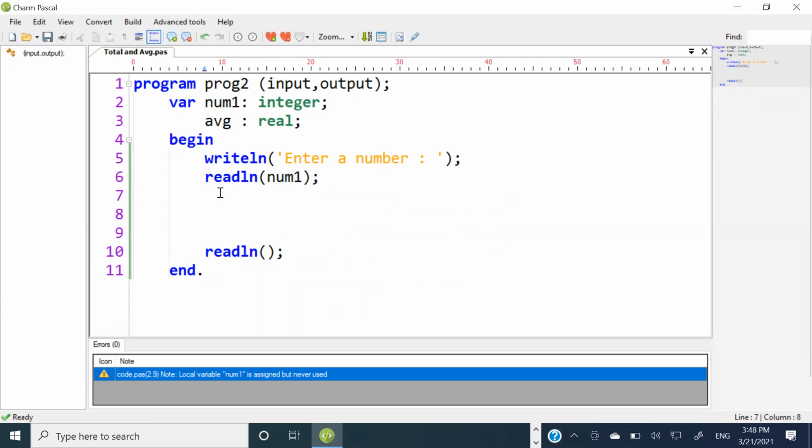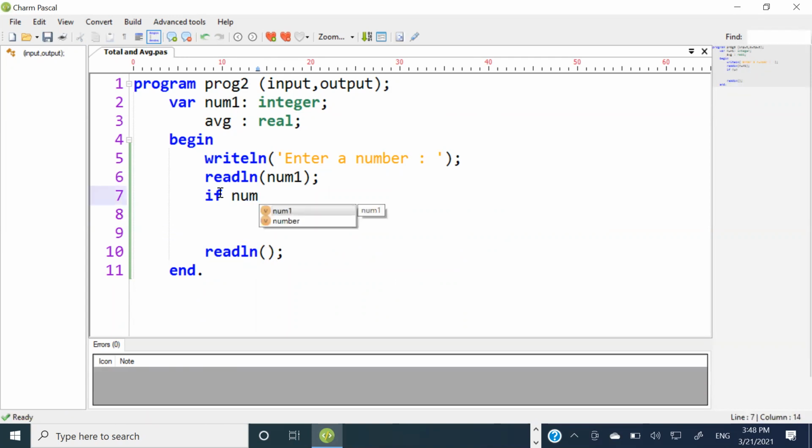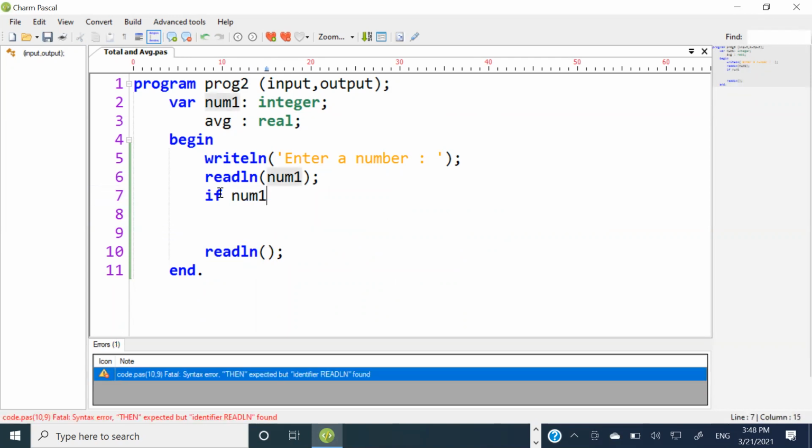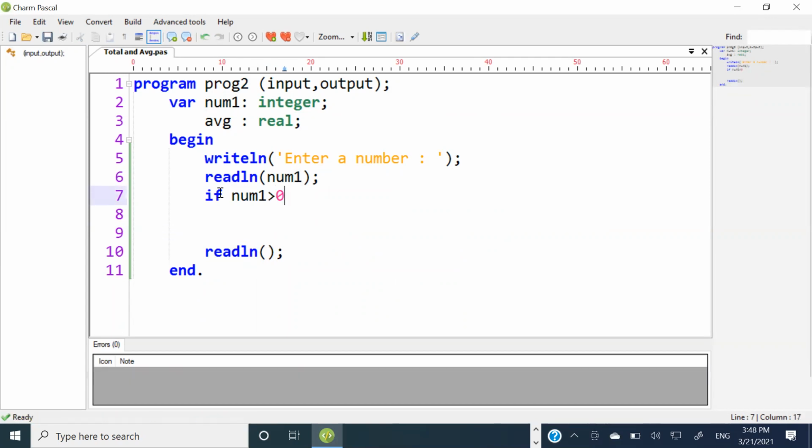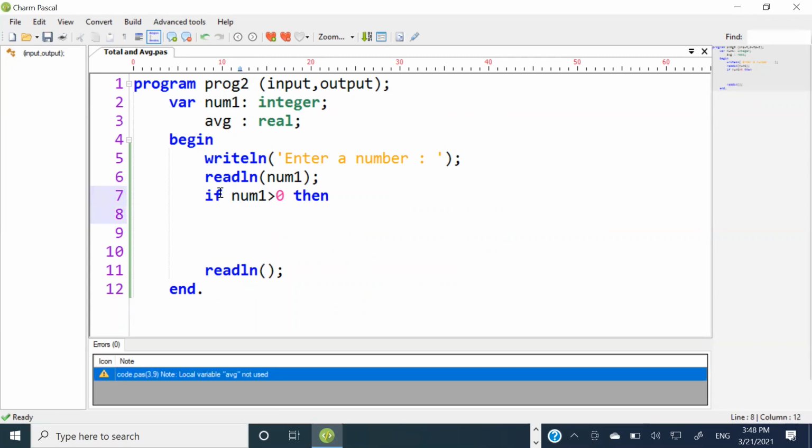Then what we are going to do is use the if condition. Then we say if num1 larger than 0, then,